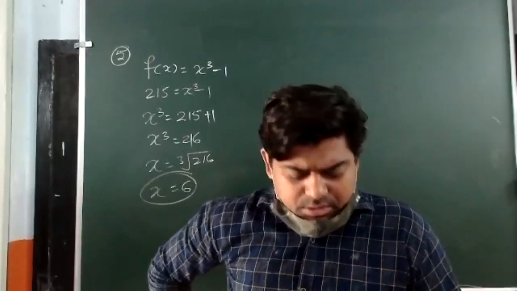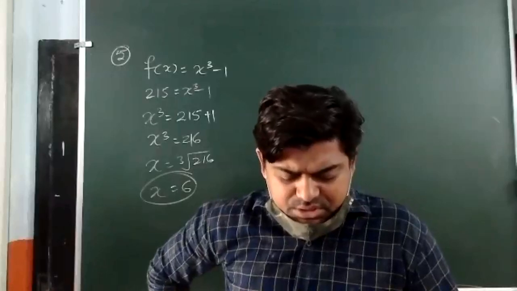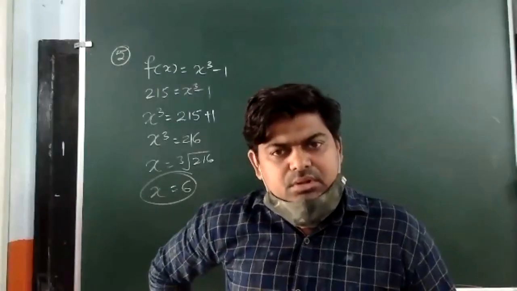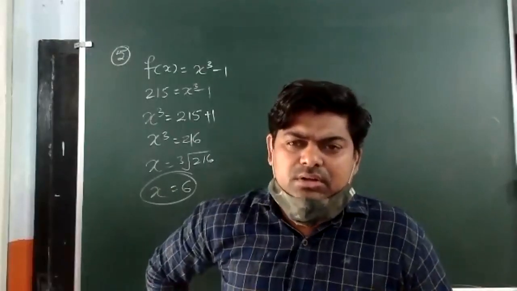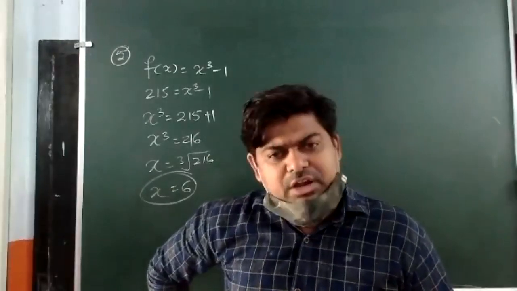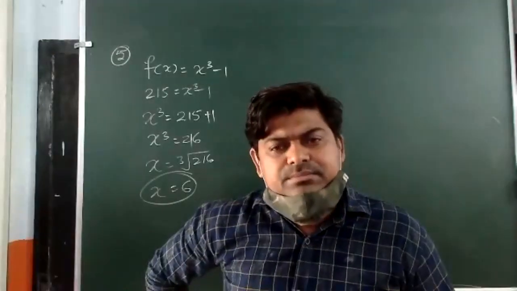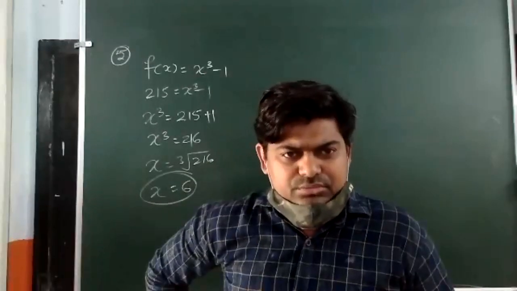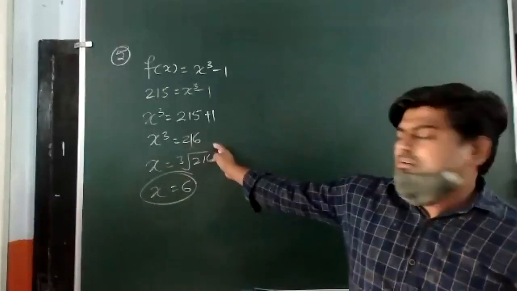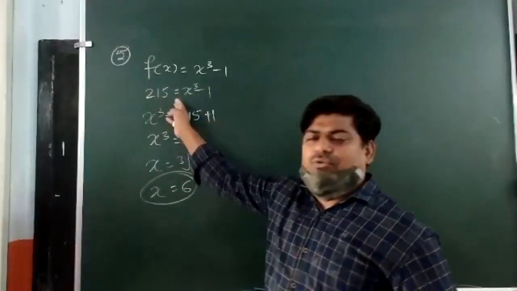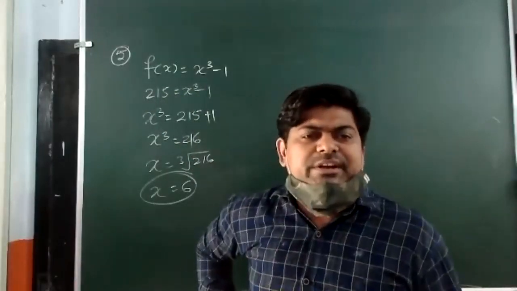In question number 2 and 4, you must have seen to find the value of f(-3), f(0) and all these things. So here also we can find the value of f(3). When I put x equal to 3, that will be f(3). When I put x equal to minus 2, that will be f(-2). When I put x equal to some other value, we will get the other one. So the second part we can easily do. The third part is there: what is the x if f(x) is equal to 9? Like that here, I have f(x) equal to 15, then what is the x we have got? We will also do that. But the first one is there, it's written range.